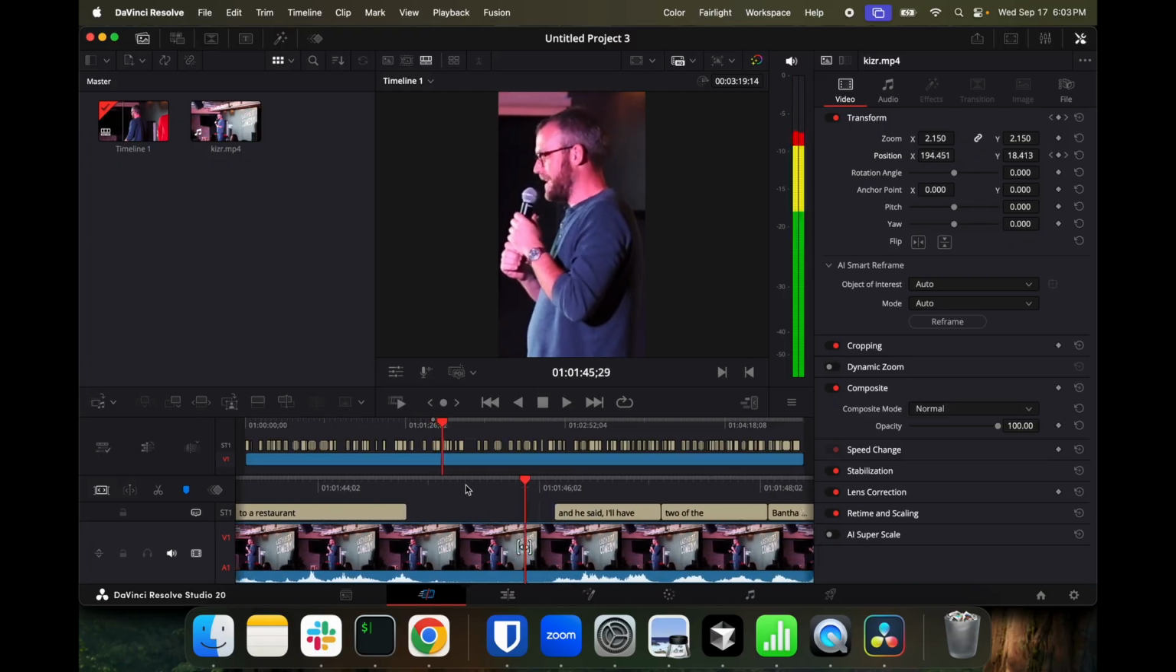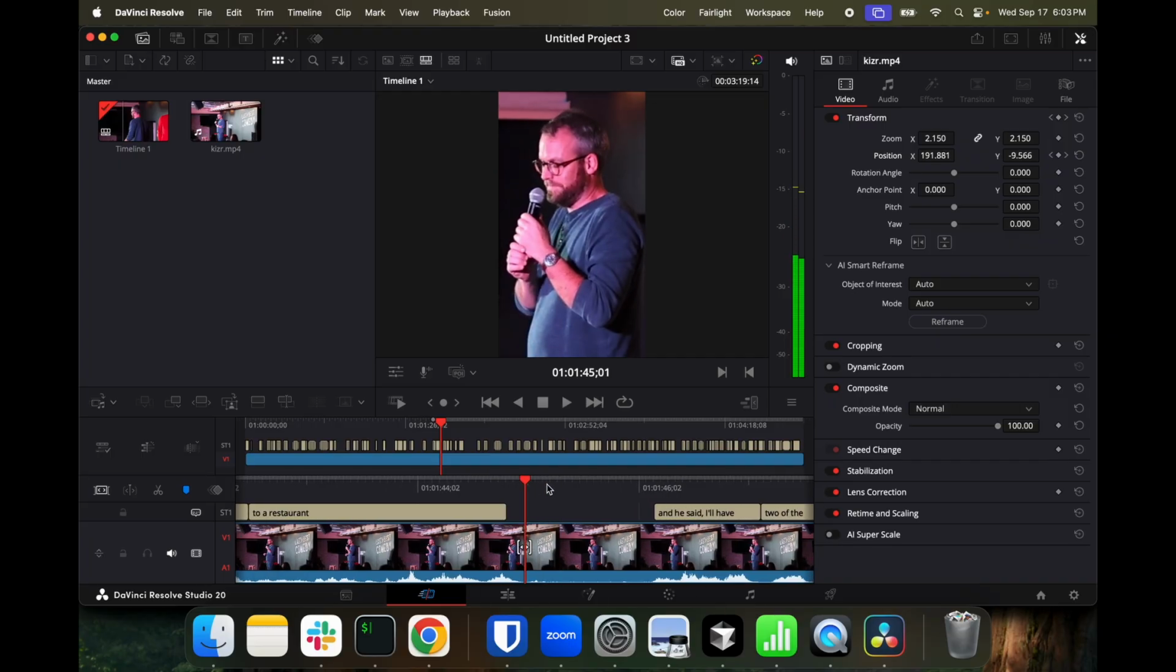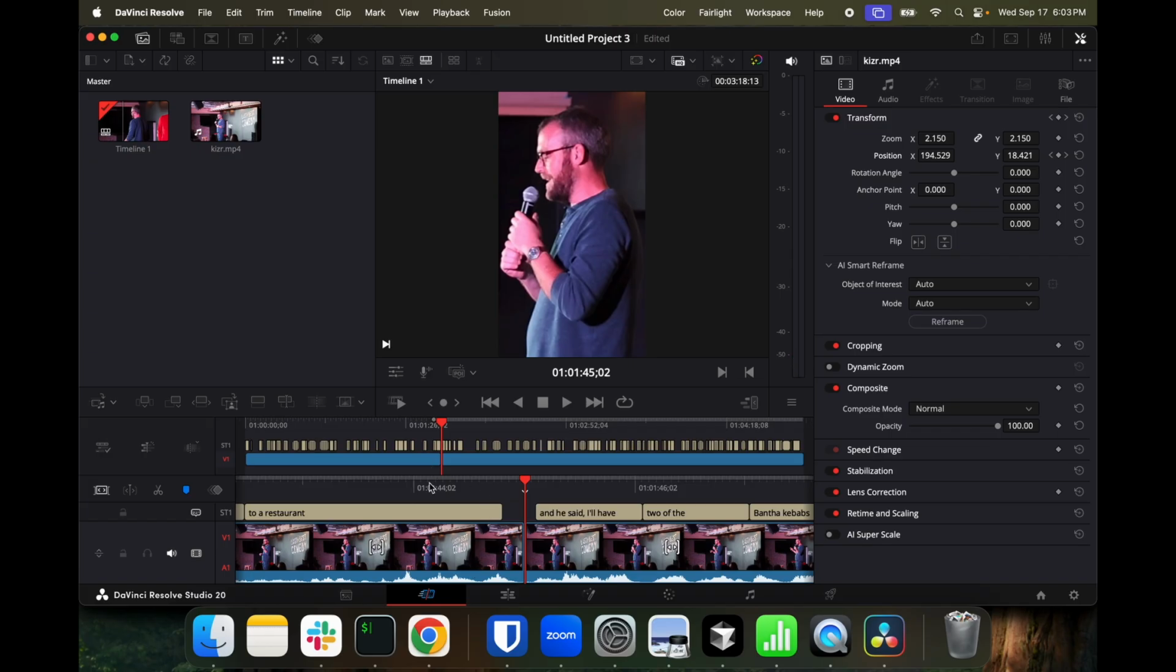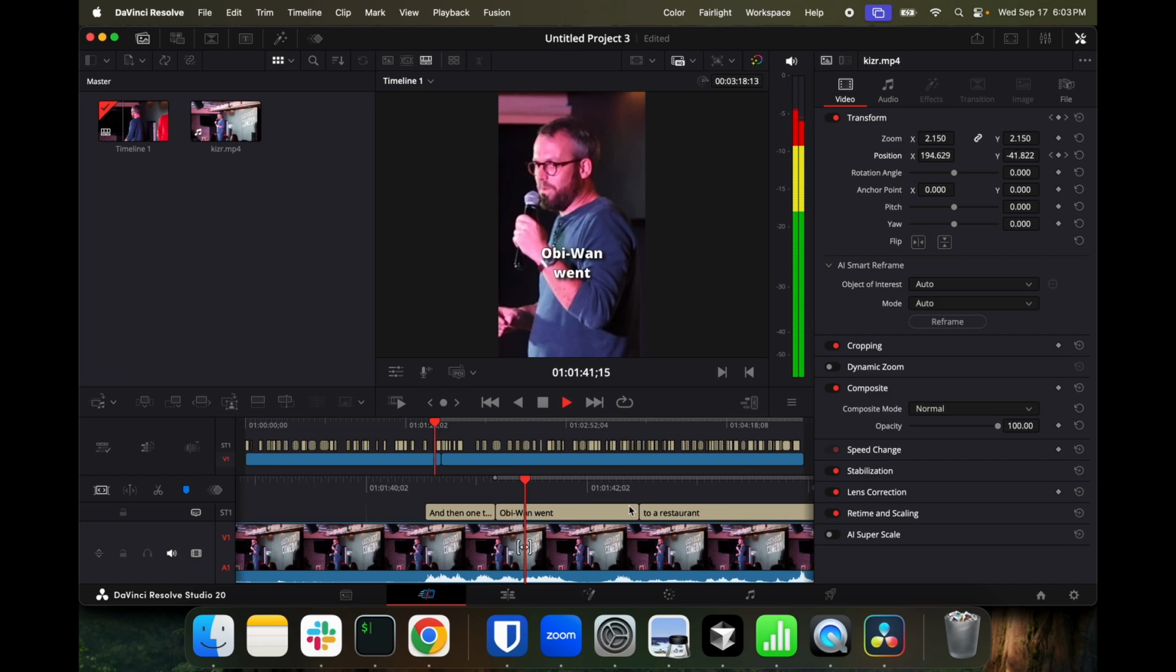Okay, so we can see in the waveform for the sound that there's no laughter down here, and I'm not saying anything down here. I'm going to hit Command B. That's our blade tool. That's going to slice any components of our timeline here. We're going to do another Command B here, and I'm just going to delete that section of the video. Right? That speeds it up a little bit. So we say Obi-Wan went to a restaurant,